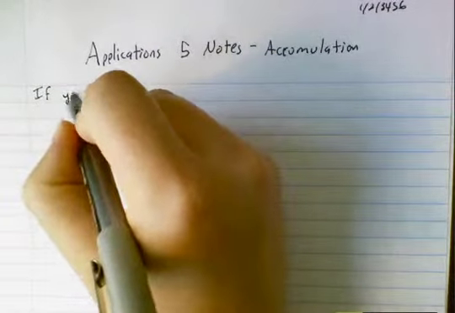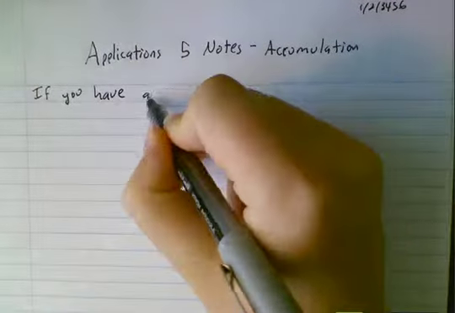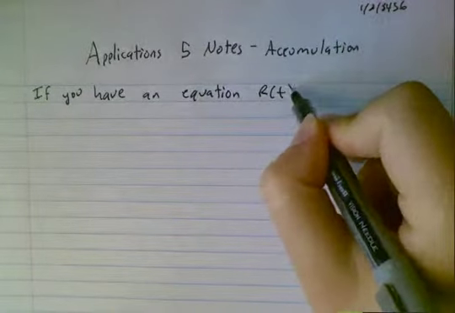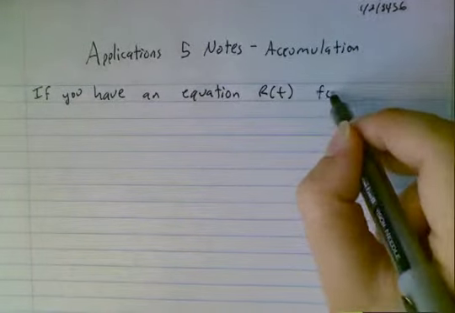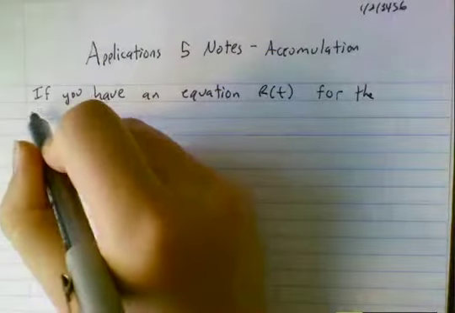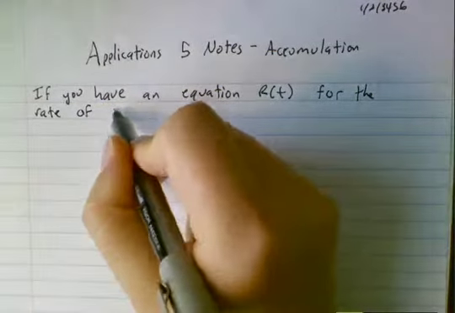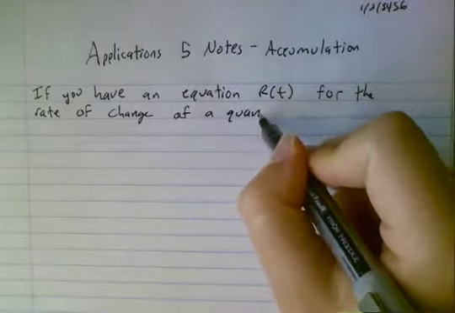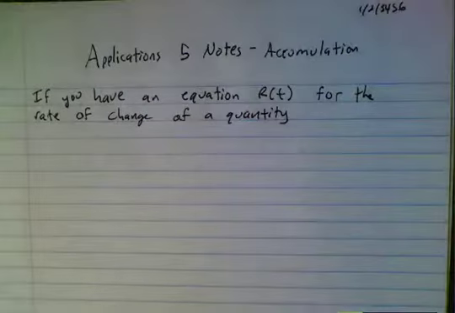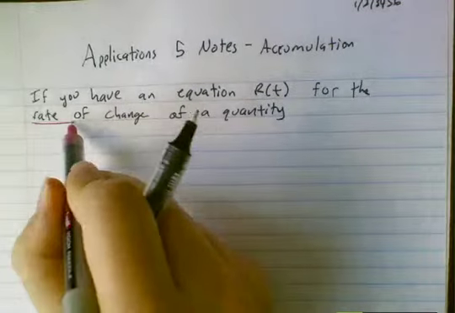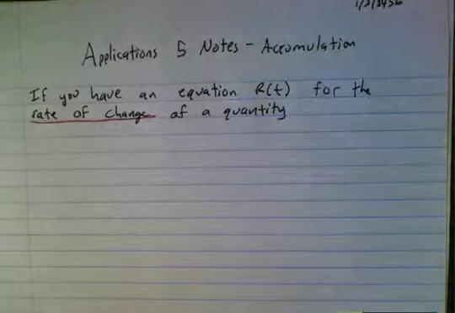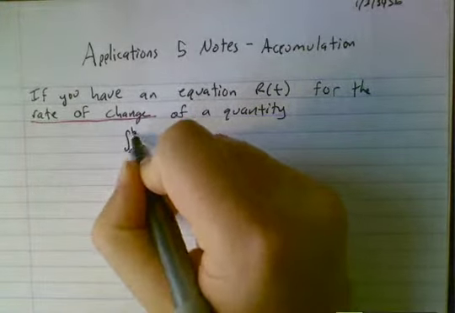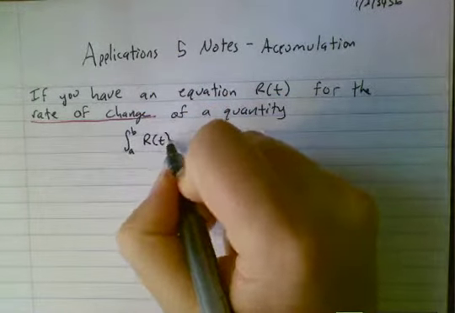So if you have an equation R of t for the rate of change of a quantity, and this is really key, it has to be an equation for the rate of change. Typically it's going to be in terms of time. Then the integral from a to b of R of t